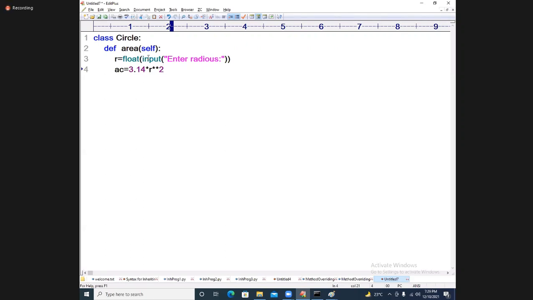That is R square. Did you understand the exponent operator? This is called the exponent operator. And print: area of circle is equal to, dot format of AC.